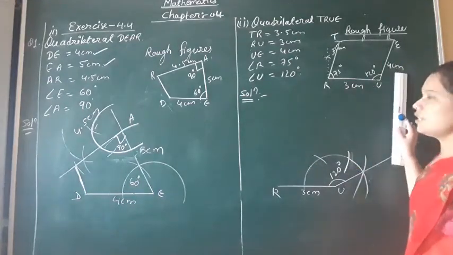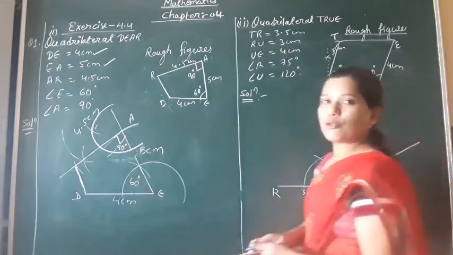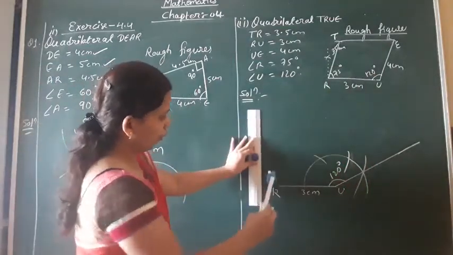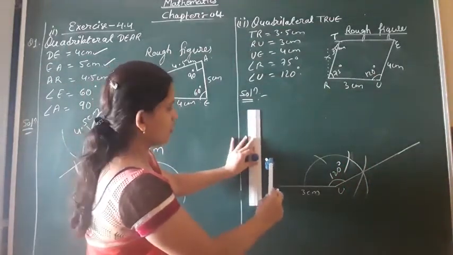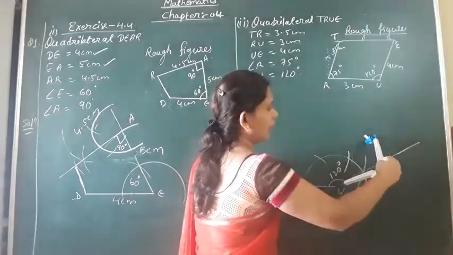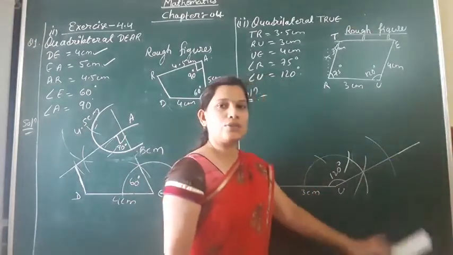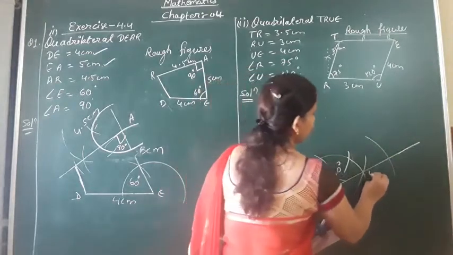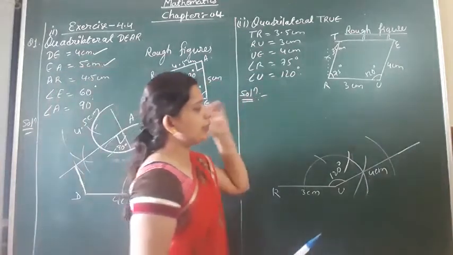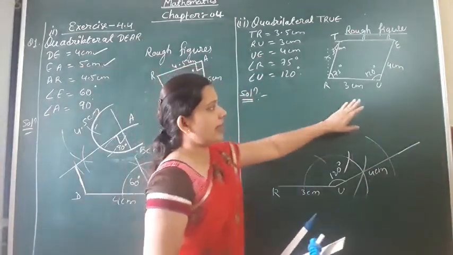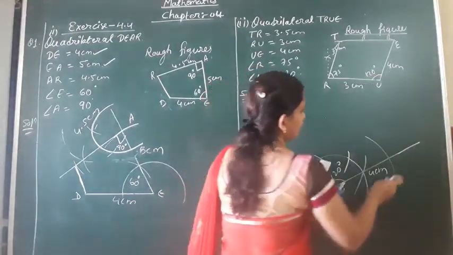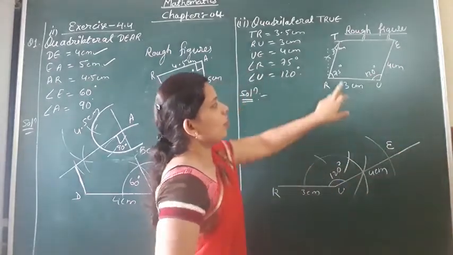Now the next one is 4 centimeter. 4 centimeter arc you have to make with the help of the rounder. So keep the scale on the copy, needle part on scale 0, stretch the pencil part to 4 centimeter. Then keep the needle part at U, draw an arc like this. So this arc shows that we are having the measurement of 4 centimeter. Clear up to here? Then we had got 120 degree at angle U, we had got 4 centimeter, and this is the E point. Clear?